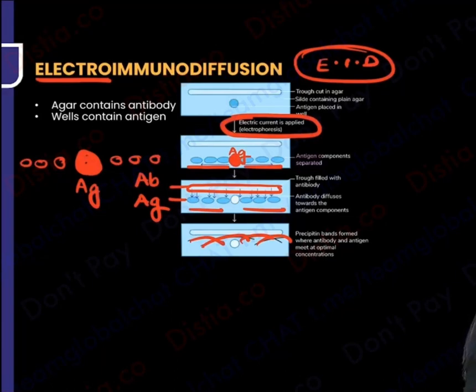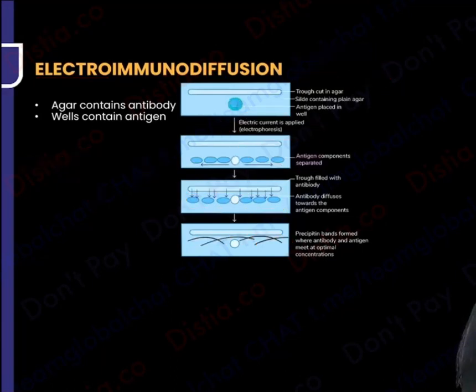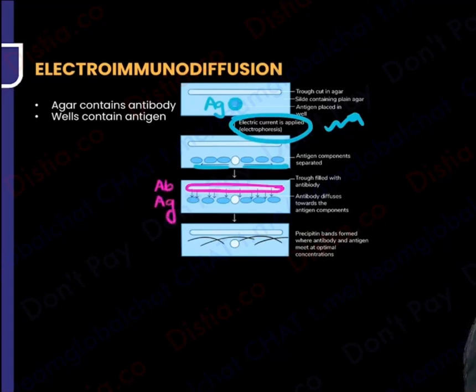So I'll repeat this once again. You take an antigen to begin with, you apply an electric current. After that those antigens get separated. अब पूरा छोटा छोटा टॉपिक्स हो गया, all छोटा छोटा antigens are ready. Now you're gonna add antibody over here. So these antibody and these antigen will meet and जल्दी they will give you precipitin line. So this is a faster method. This is electroimmunodiffusion. You say ma'am और भी जल्दी कर दो इसको.